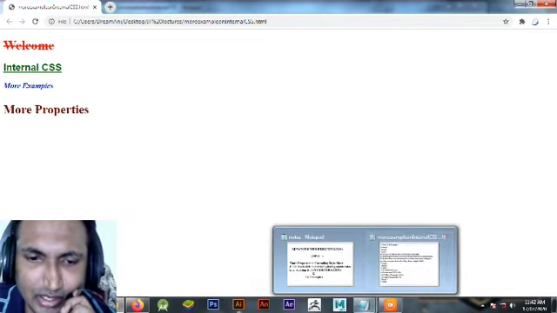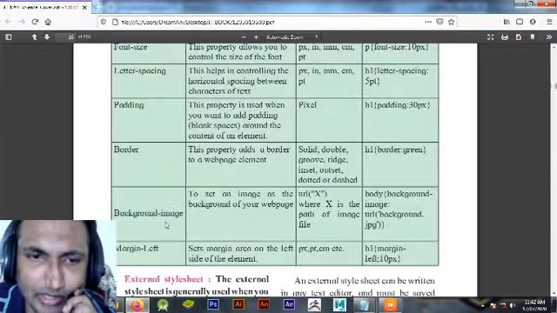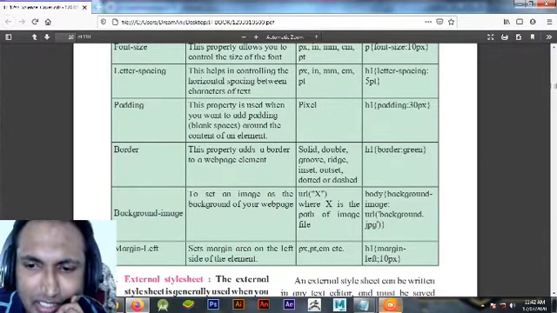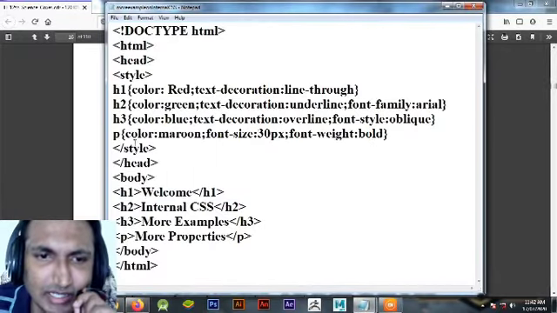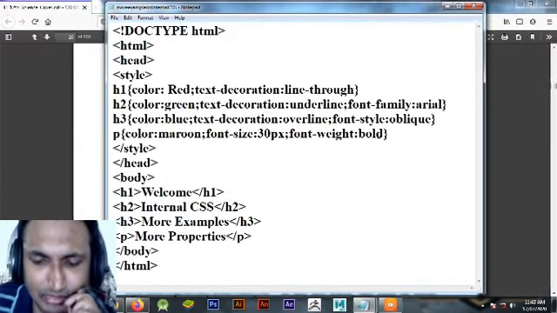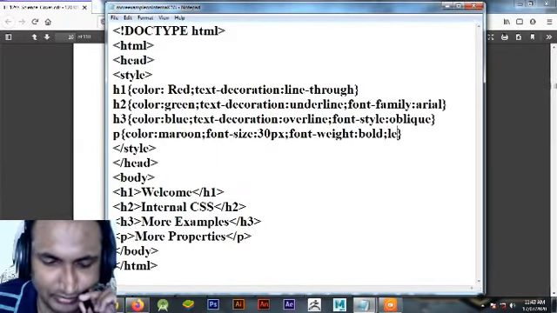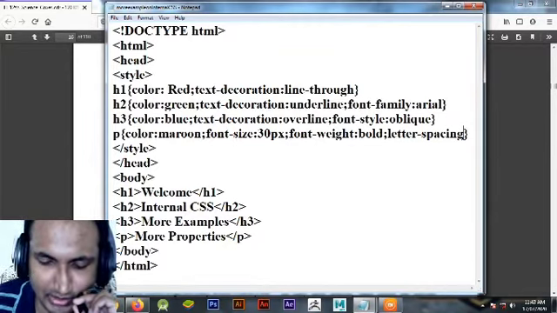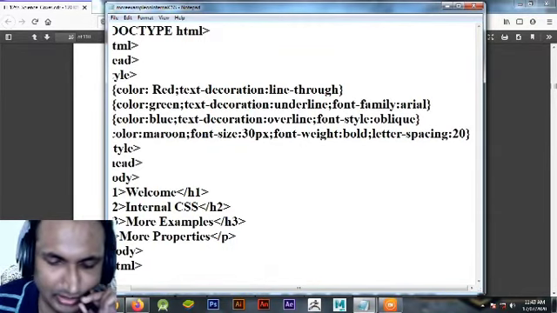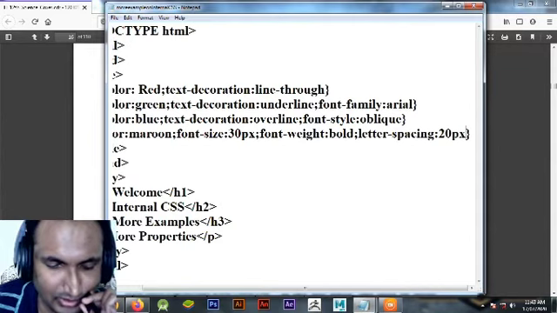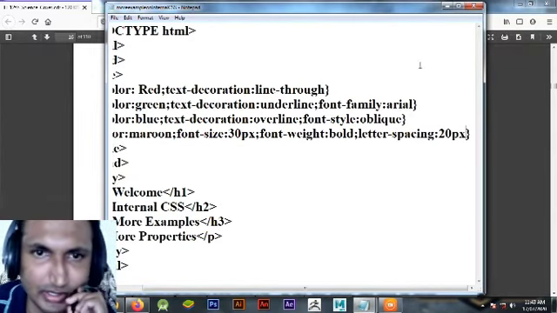So let's see the more properties that are remaining, like letter spacing. If I give letter spacing of 20 pixels, let's see how it runs.